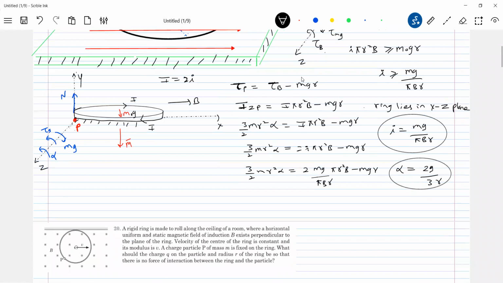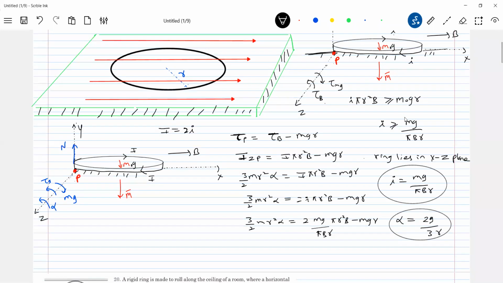Okay, now after this, our question is the normal reaction. How to get that normal reaction? I'll keep this much of the diagram. Look at the state of the ring. I'll include everything here only. So what are the forces that will be acting on the ring? Let's go for the forces acting on the ring. This is the point P. Normal contact, and here the weight.